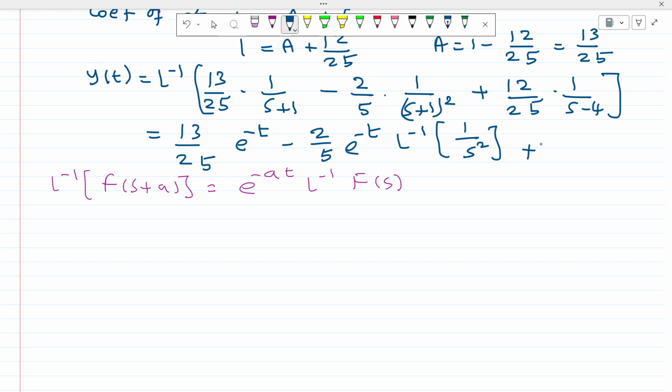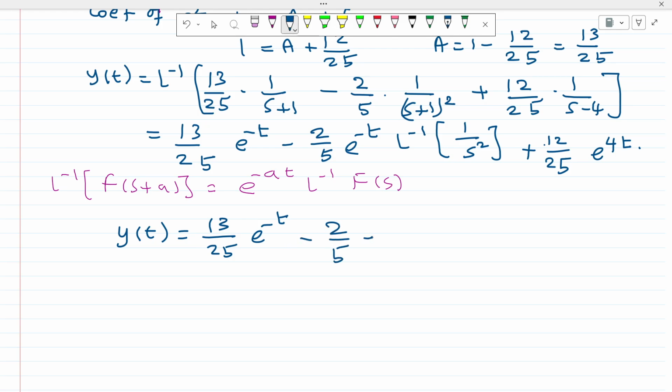Okay, and then 12 by 25. What is 1 by s minus 4? E power 4t. So final answer y of t equal to 13 by 25 e power minus t